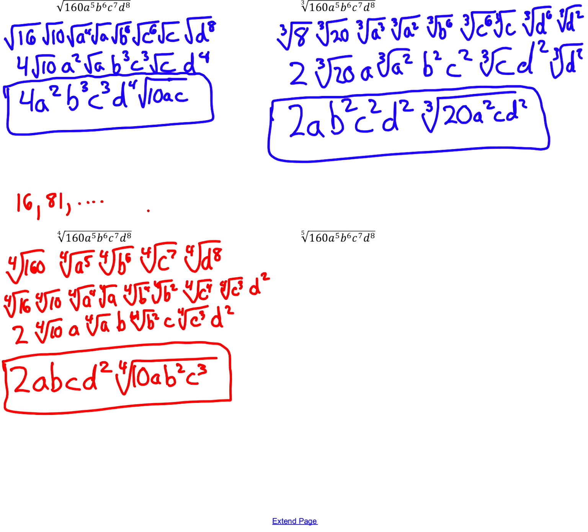Since this one is simplifying a fifth root, we want to do the same thing, so we separate it. That would be the fifth root. This makes it easier to think of 160 times the fifth root of a to the fifth times the fifth root of b to the sixth times the fifth root of c to the seventh times the fifth root of d to the eighth. And now instead of trying to get the highest perfect square, perfect cube, or perfect fourth power